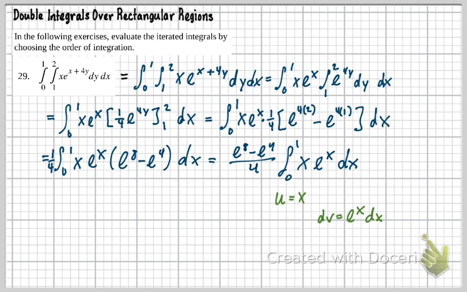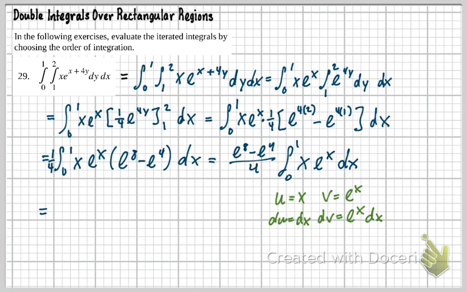And then when I integrate this, because I need to get a v, not dv, v is going to equal e to the x. And I have to differentiate this u equals x. So this is going to be du equals dx, because it's going to be 1 dx, so just dx. So now this integration by parts then